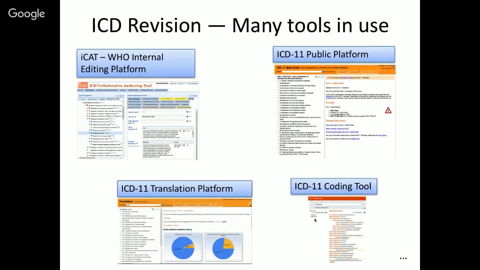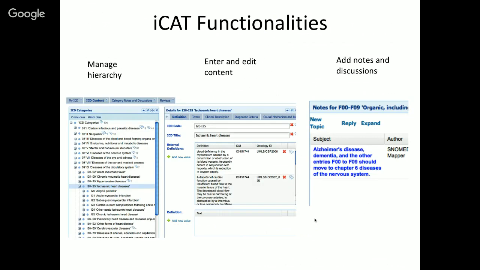And lots of tools are being used to develop ICD-11, and I'm just going to give you an introduction to a couple of them. First, I want to talk about the iCAT platform. This is basically the tool that we developed here at Stanford based on Protege, which many of you are familiar with. And so iCAT has functions involving managing the hierarchy of terms, entering and editing the content that describe particular